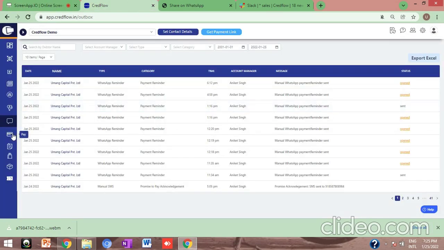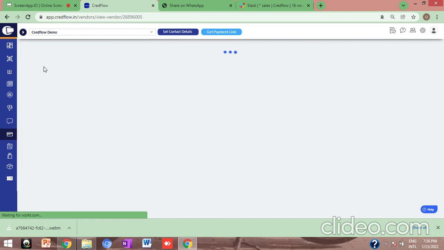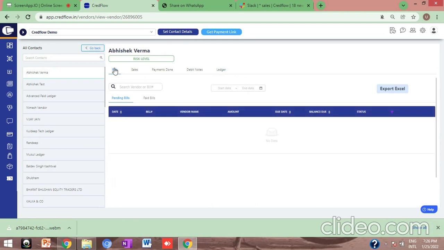Now the next segment is related to your vendors, where we can easily track who are the vendors to whom you are still required to pay and what are the amounts. We can see the company name of the vendors, even their contact details, as we have seen for the debtors. What are the payables which are still required to be paid? And when you click on the vendor, you can easily see things related to the bills